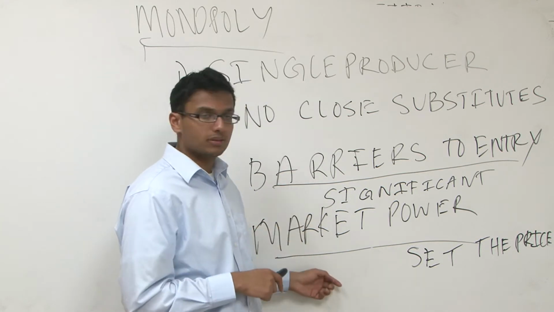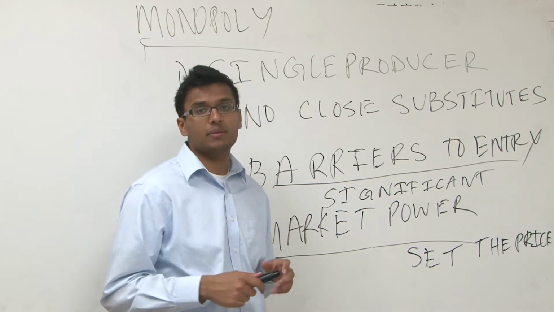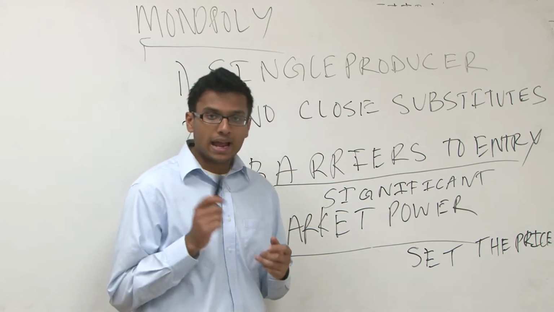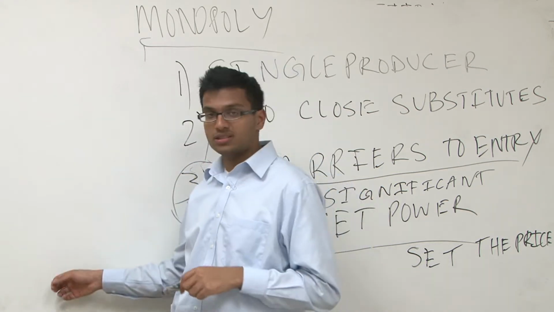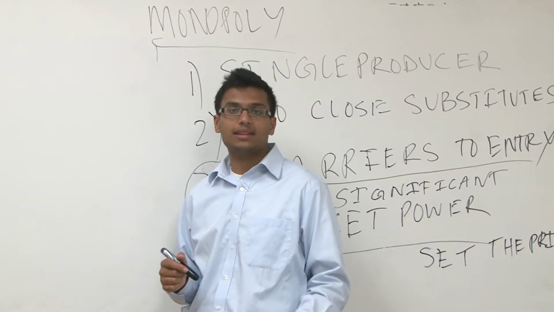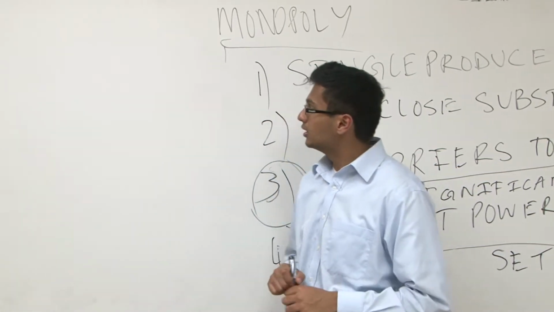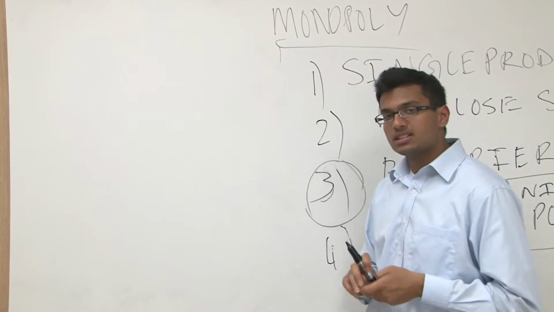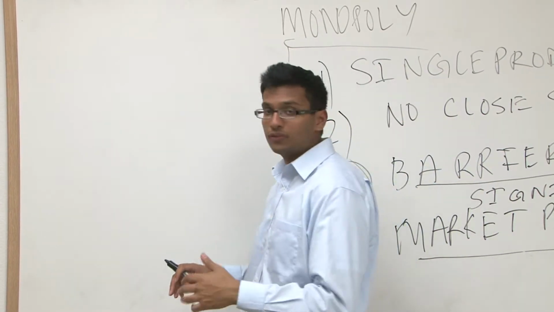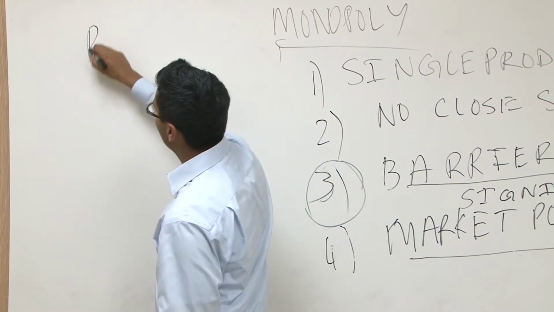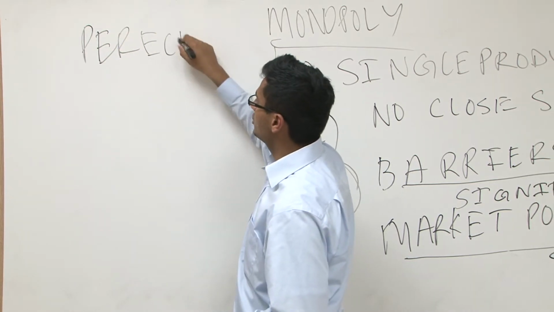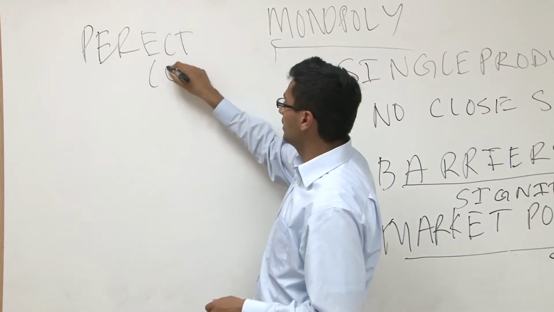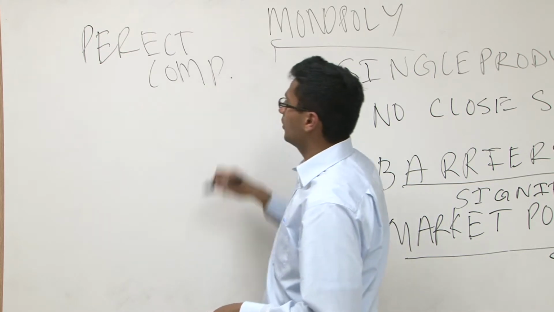And lastly, there's market power, which basically states that you get to dictate pricing, right? The way we're going to translate this onto a graph is going to be on this side of the board, and we're going to show you how it's normally done. First, I'm going to draw you a perfect competition, so I want you to just compare the two. Let me draw a perfect competition